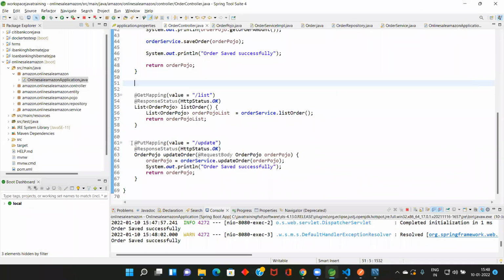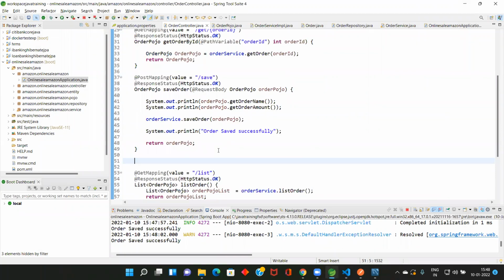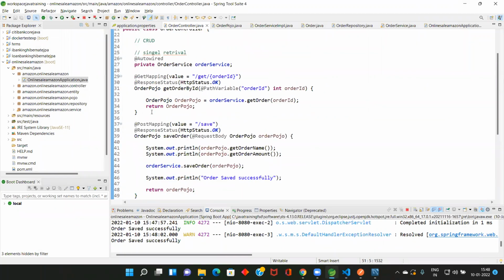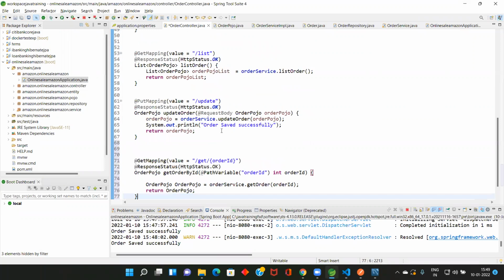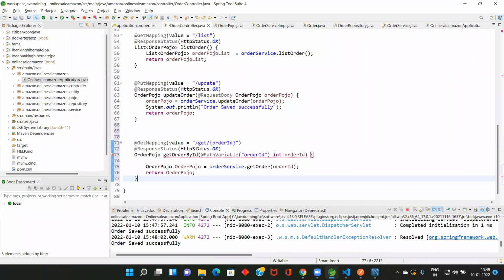One is delete. For delete, what is the thing that we are going to do? It's like a get. Control V. So here, what is the thing here? Delete, not get. DL, anything, DLET, anything, whatever. To be meaningful, we are making it DLET, delete. You can type anything. When the URL matches, this one is the ID. Which record do you want to delete? Order ID, path variable, order, get order, not delete order. It can be any name. To be meaningful, we are making it DLET.